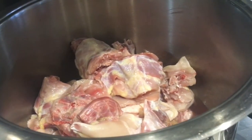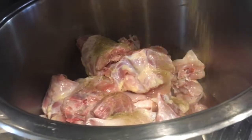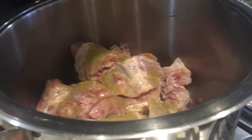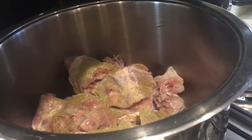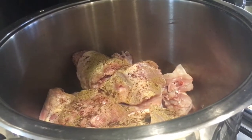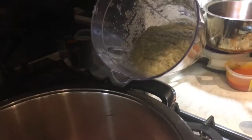So I'll put the fire on high heat, really. So I put, this is my spice mix that I normally talk about. I think that if you watch my videos, you know this spice mix. Okay, a bit of it in there, and then we add some black pepper, and then we add some white pepper, and then I add a bit of cloves. Okay, and I add about 3 leaves of bay leaves,